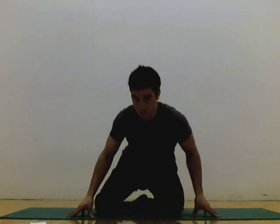It is an alternating nostril breath. Finding that first comfortable starting position, for me, it's from a kneeling position, shoulders pulled back, chest open. You're going to take your right hand, turning it towards you. You're going to place your thumb on the side of your nose, breathing in sharply through your left nostril,